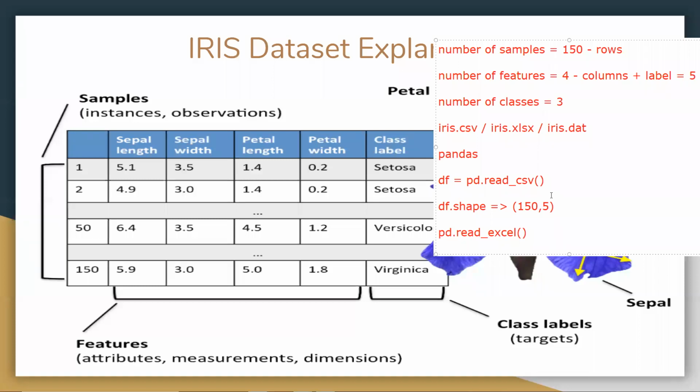So this is how you get 150, 5. Every time you get this kind of answer, it indicates number of rows, number of columns. Got it?